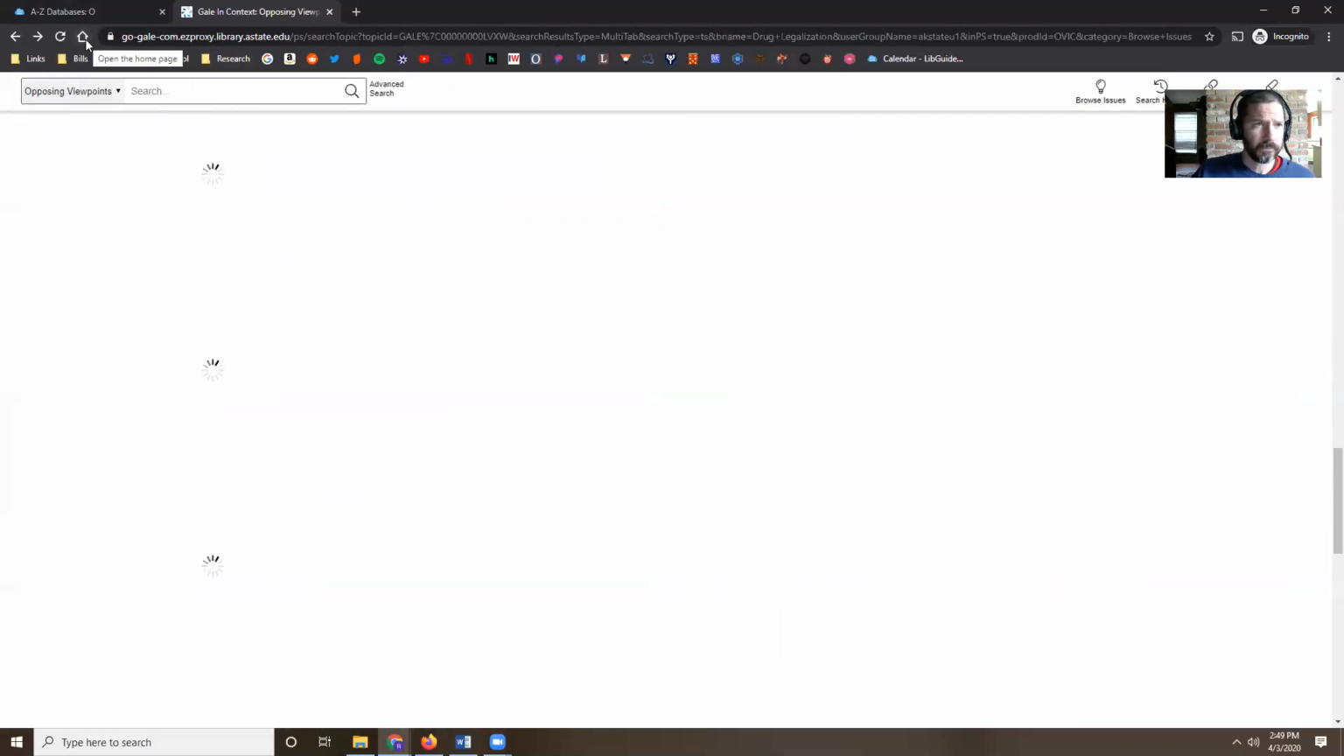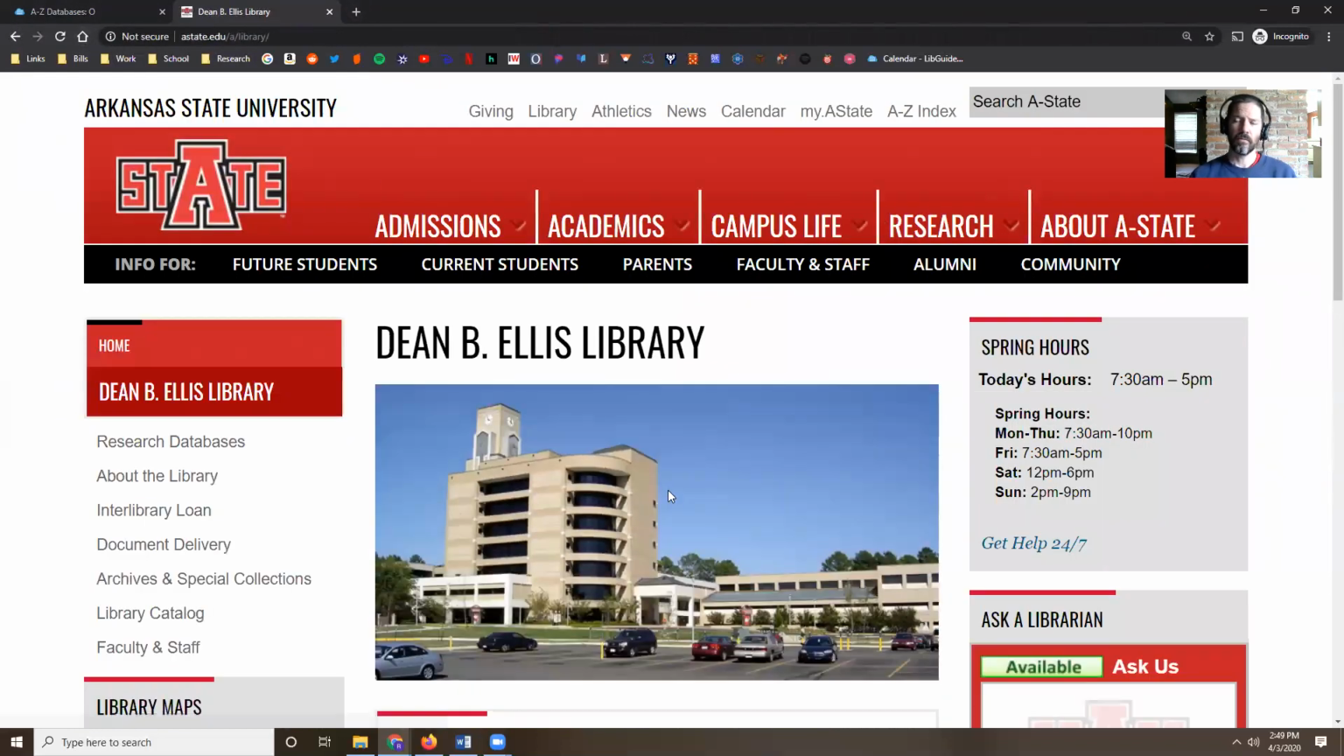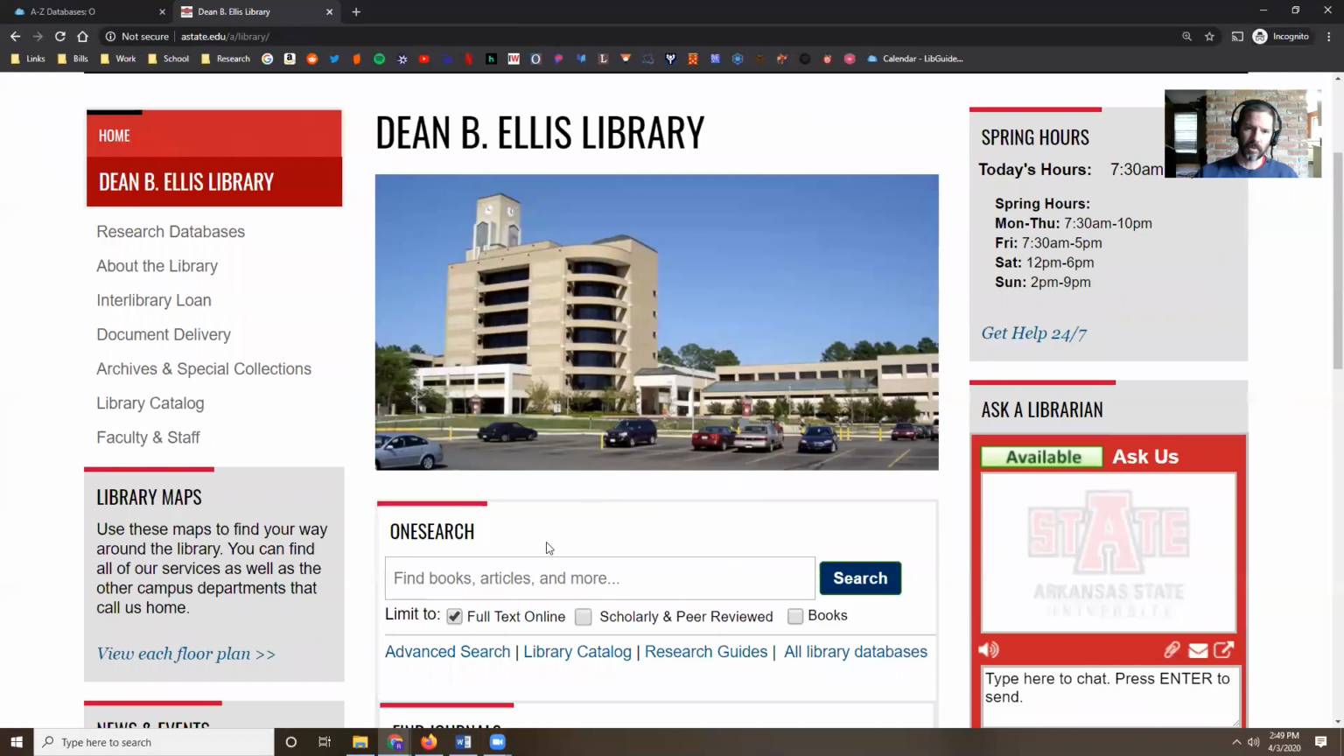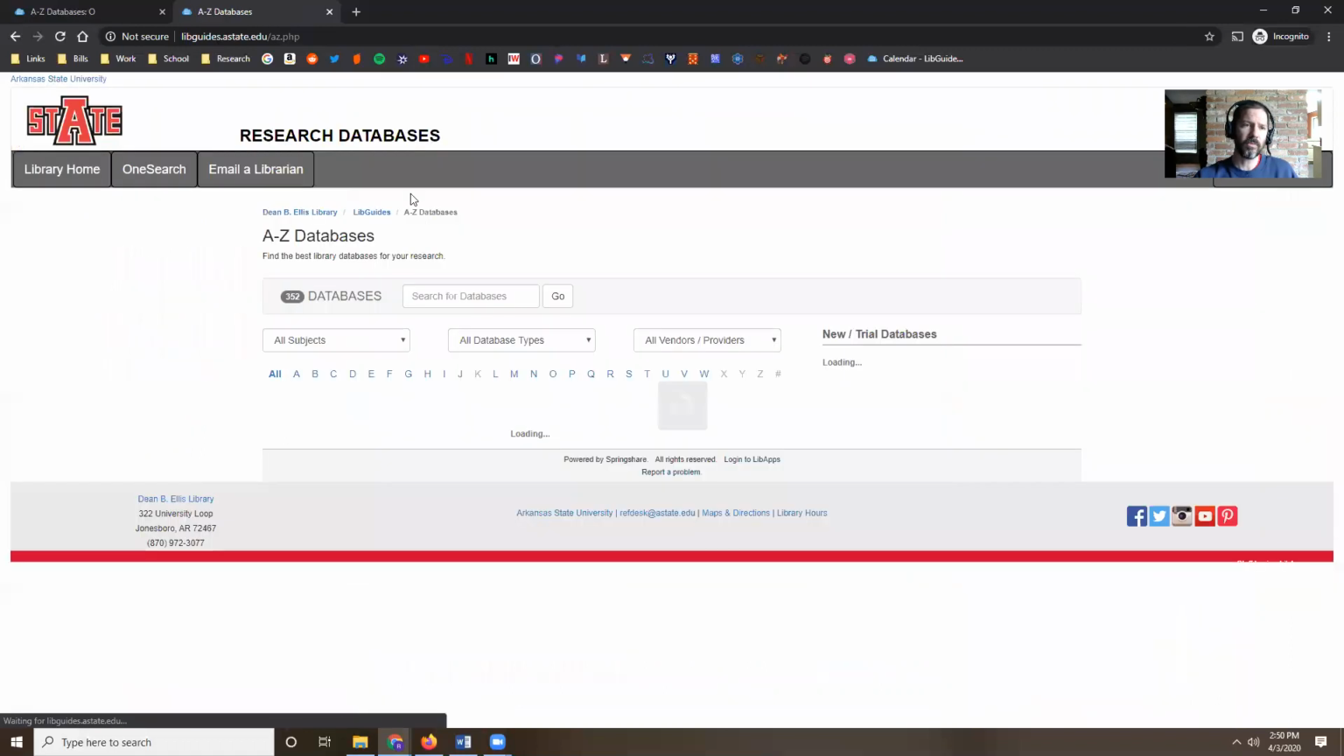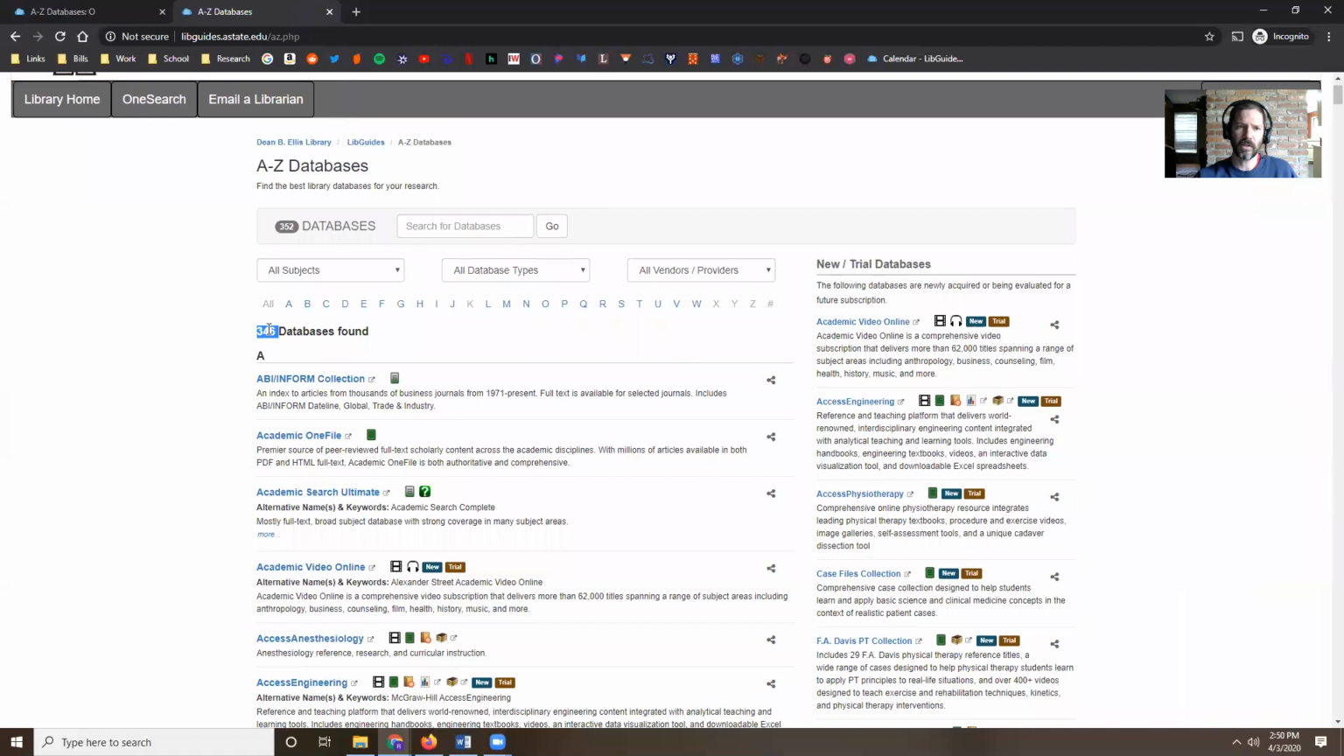Okay, so between those three library databases, OneSearch, which again is right here in the middle of the library's homepage, ProQuest Central, and Opposing Viewpoints, you should have a large selection of resources that you can find information in. There are plenty of other databases that we subscribe to. If we go here, you can see 346 different databases. So obviously I can't cover even a fraction of those. However,